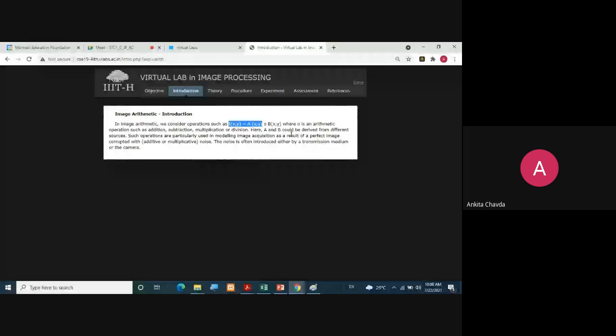So these A and B could be derived from different sources. Such operations are particularly used in modeling image acquisition as a result of perfect image corrupted data with additive or multiplicative noise. If your image is noisy, and if you are having your original image, you are doing image subtraction and you are trying to recover your original image.